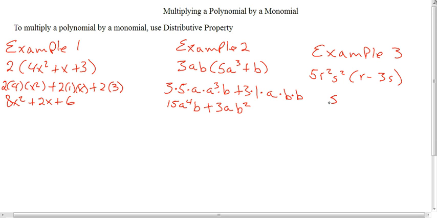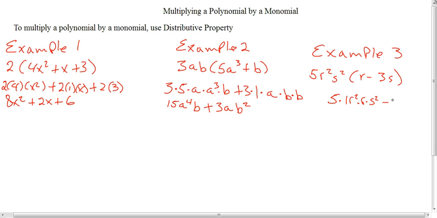So we have 5 times 1, and then we're going to have r squared times r times s squared, and then we'll put our minus, and then we will have